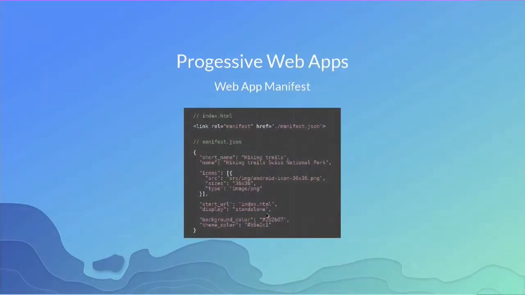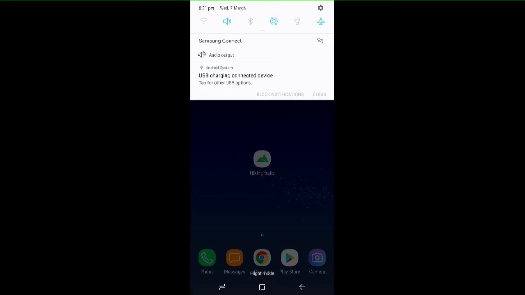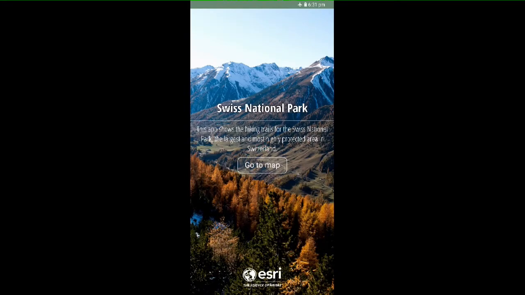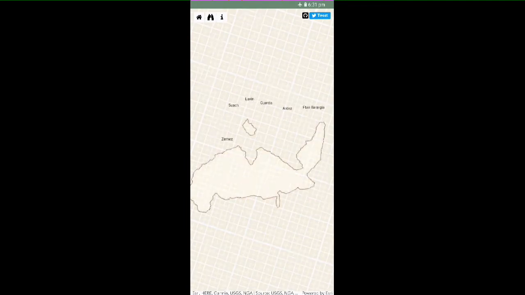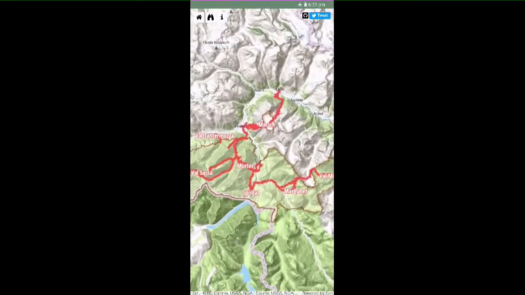All right, so to drive that point home, let me switch over to this Samsung Galaxy app, and what I would like to show you is the hiking app that you saw during the plenary. It's an application written in the JavaScript API, and so just to make this really convincing, let's go to flight mode, so no network available. Here's that hiking trails app in the middle of the screen. I'm opening it up, it loads, I go to the map, and it even starts fetching data,